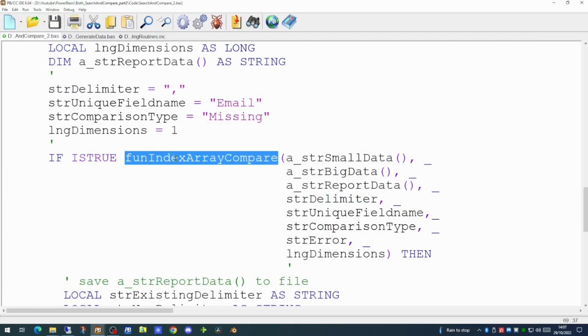Please feel free to have a look at the index array compare function in the array functions library. Hopefully you'll find this code useful in your applications,